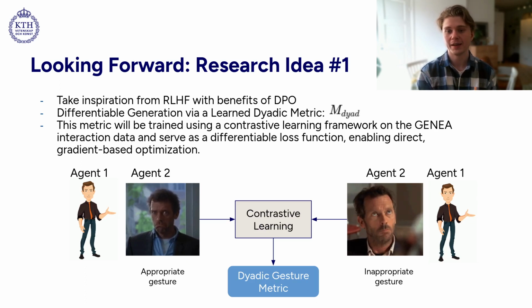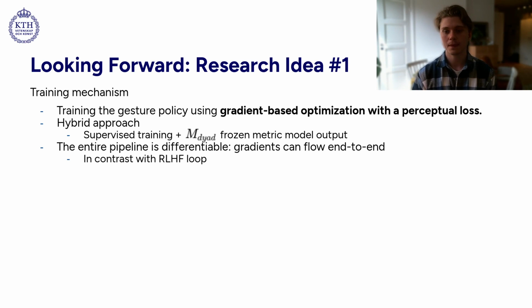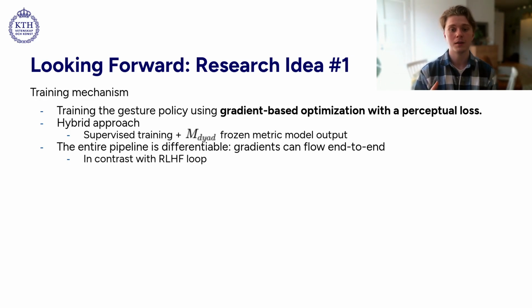I propose to train this metric using a contrastive learning framework. Why this, I'll go into more later. Using the GenAI challenge's matched versus mismatched interaction data, this approach trains a highly specialized perceptual metric model and would not be a general purpose reward function, but its sole purpose would be to solve a very specific complex classification task, distinguishing a coherent matched dyadic interaction from an incoherent mismatched dyadic interaction. The policy, which would be the gesture generator, is trained using gradient-based optimization with a perceptual